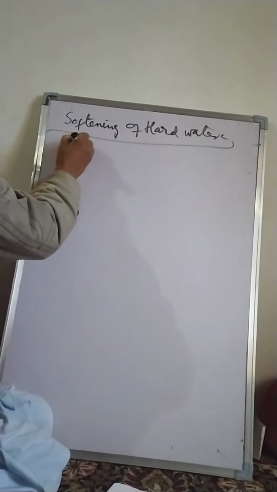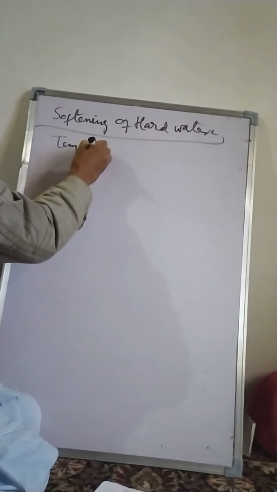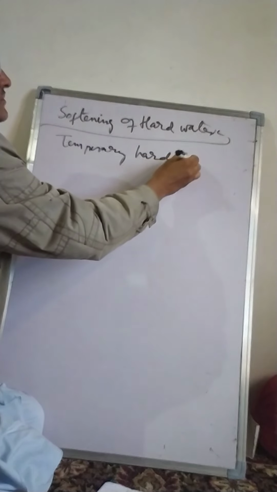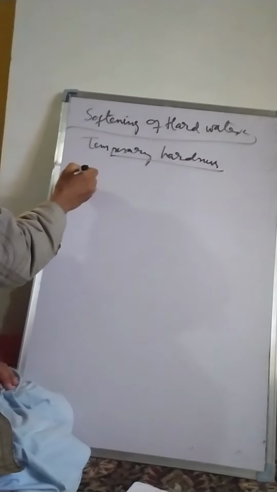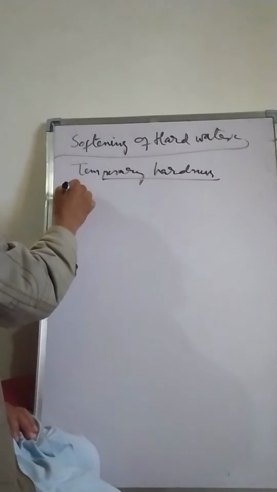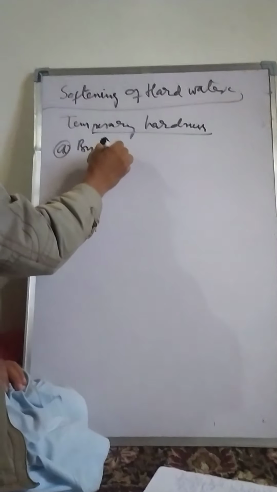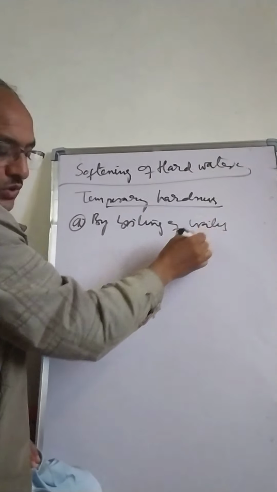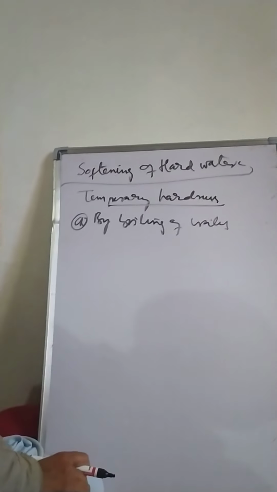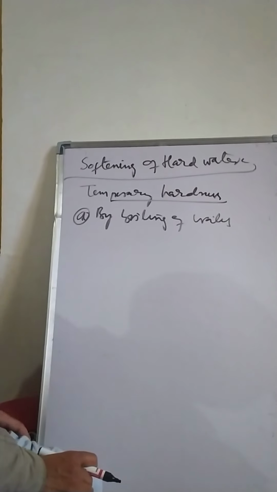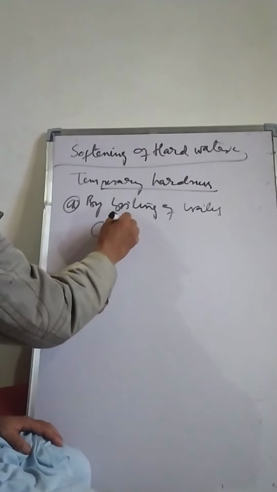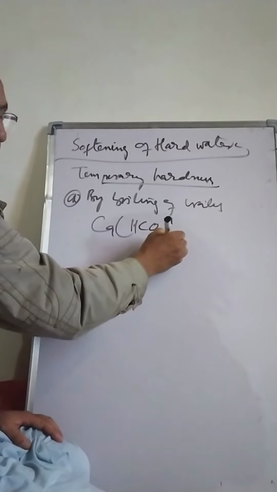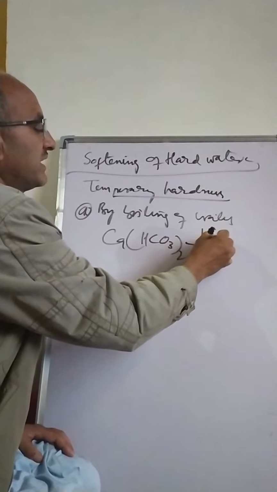First, let us see how temporary hardness is removed. First is by boiling. By boiling of water, what we do, we take this water in large boilers and heat it. Since it contains calcium bicarbonate and magnesium bicarbonate, Ca(HCO3)2, when we heat it, what happens,